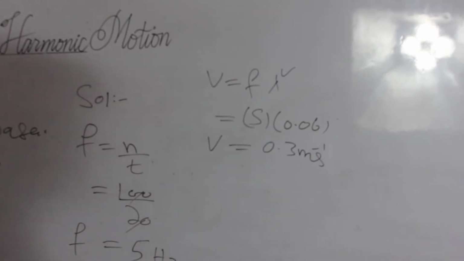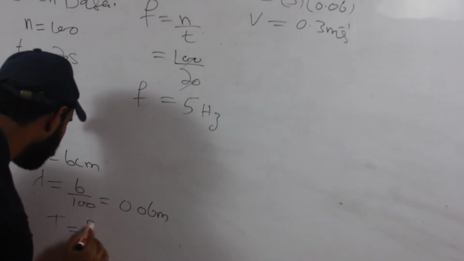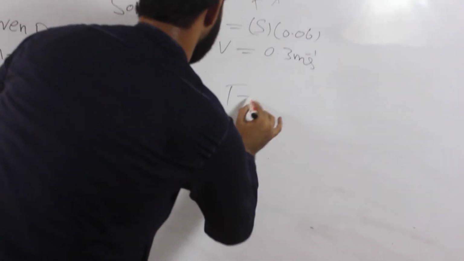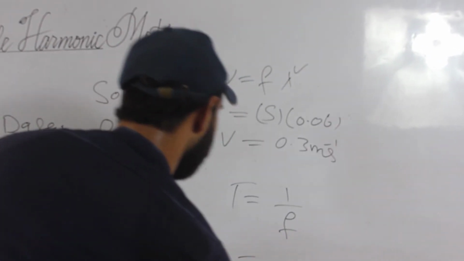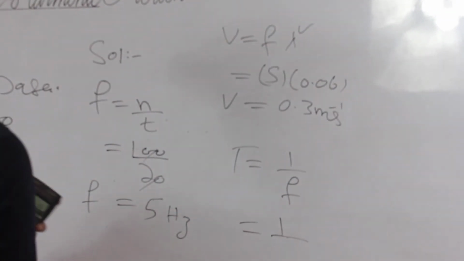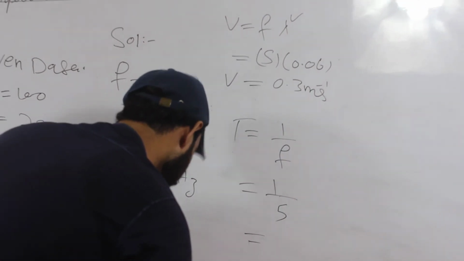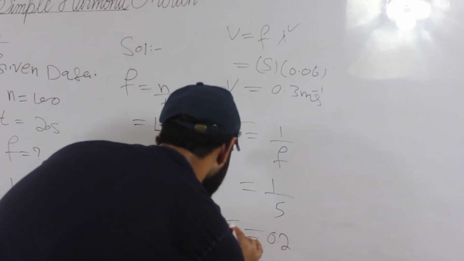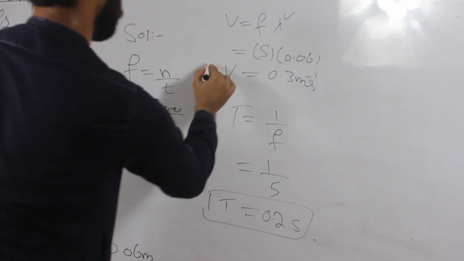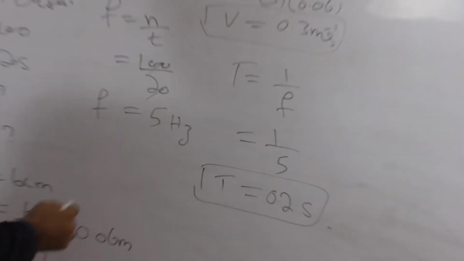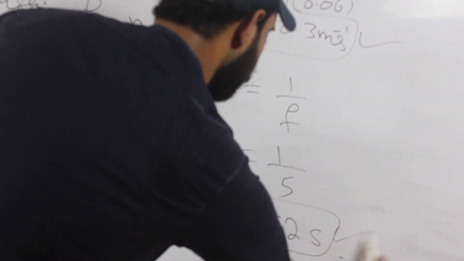And the other thing, if 100 waves pass through a point of medium in 20 seconds, what is the frequency and the time period? Again, one thing we have to find here, that was the time period. For the time period, the formula is the reciprocal of the frequency, that is T is equal to 1 over f. So 1 as it is, value of f is 5. So we will get 1 divided by 5, 0.2. The SI unit of time period is the second. These are the three quantities we have to find in this numerical. One is frequency, other is speed, and third one is the time period.